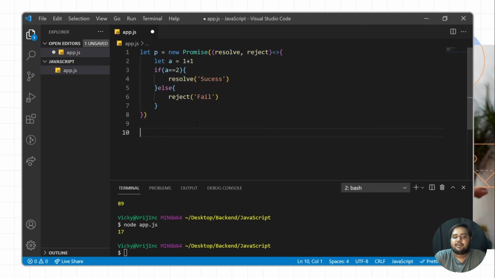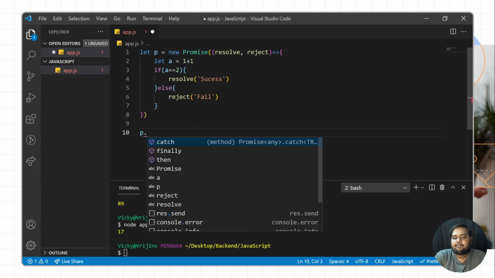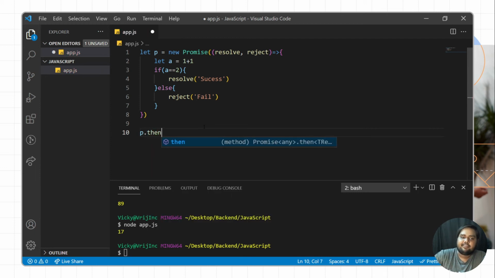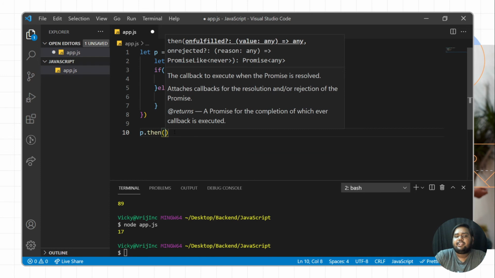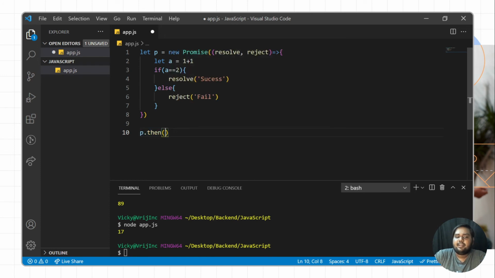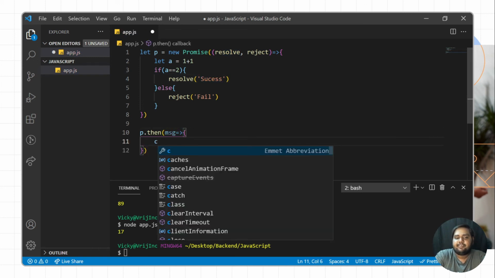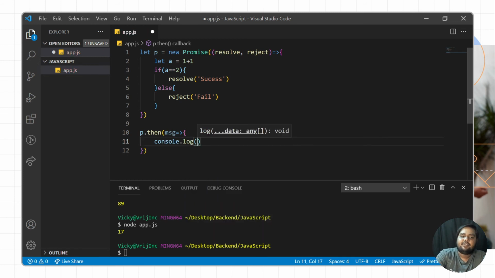We need to call this promise. How can we call this promise? This is my promise name. Now this promise has two results: either this particular promise is resolved or rejected. If this promise is resolved, you need to handle it with the help of the then block, and in the then we are getting a resolve, you are getting this particular message. So here we are getting this message, and here we will print this particular message with console.log, and then we have the message. If this particular promise fails, meaning reject,